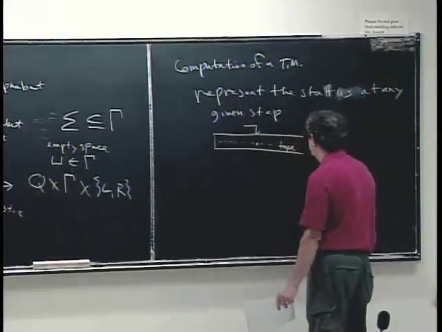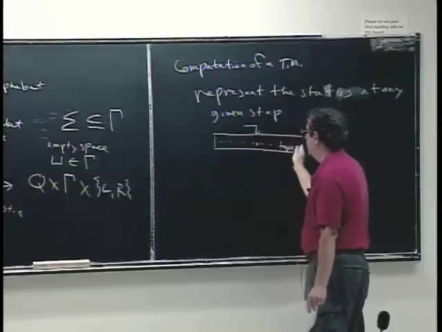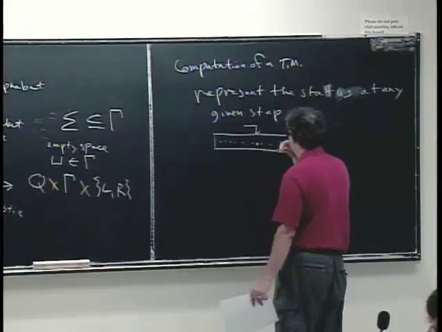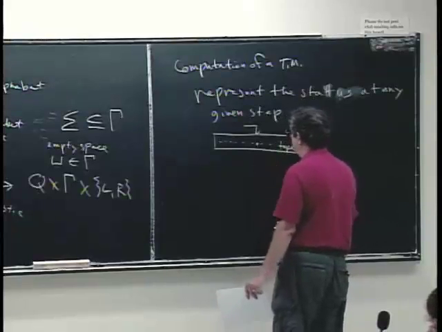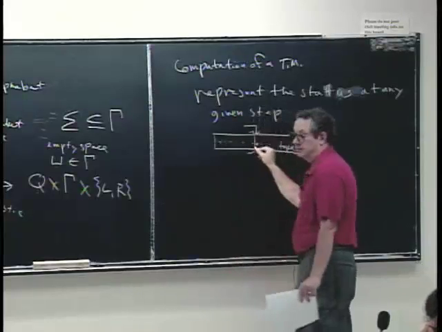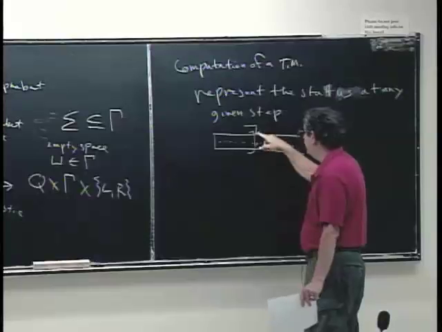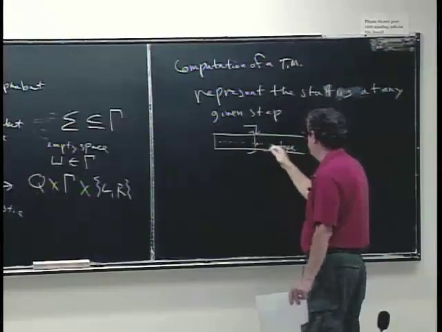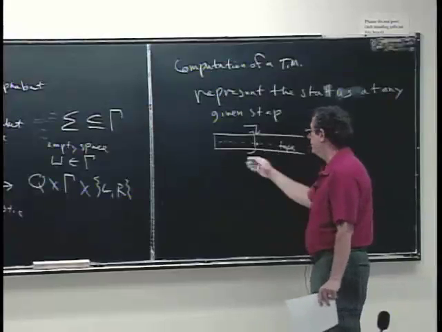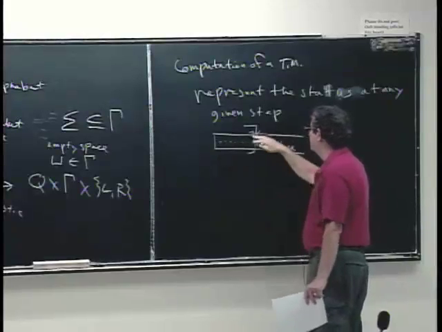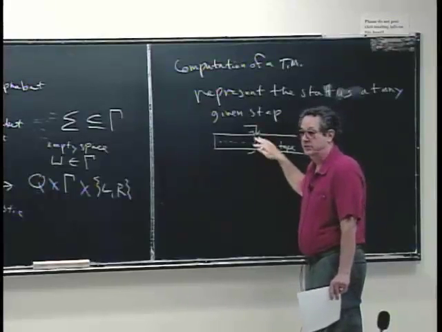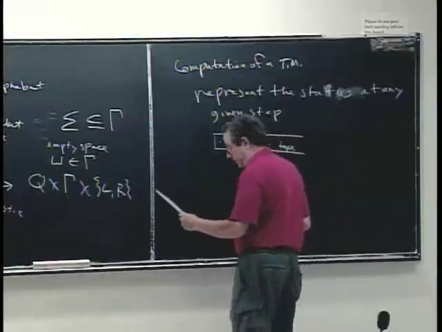And we're in some particular state. So we're going to represent all that by writing down this portion of the tape, followed by the state we're in, followed by the rest of the tape, and what's on the rest of the tape. And so that tells you the whole tape, where you are, where the read head is, and what state the machine is in. So a specific one might look like this: